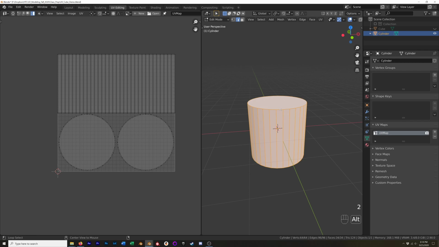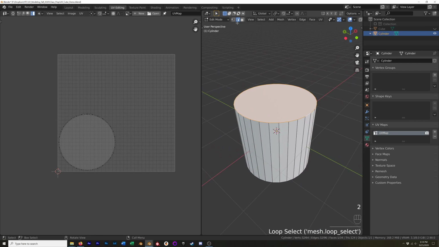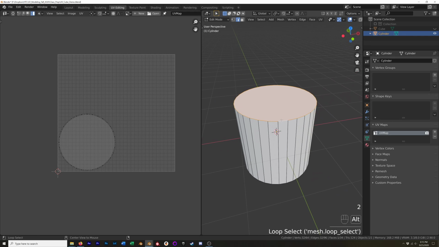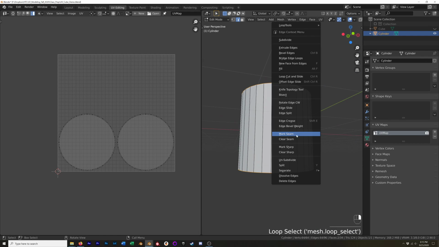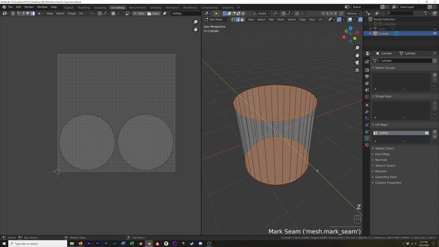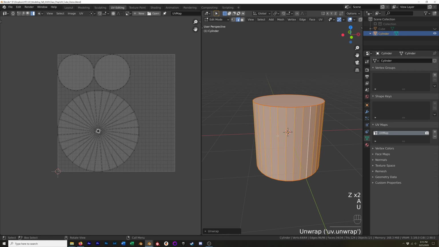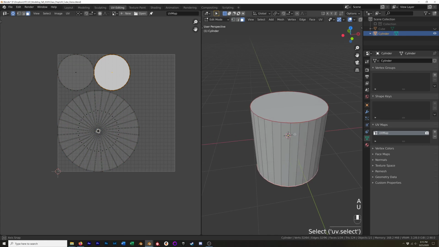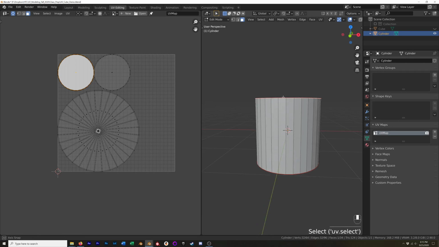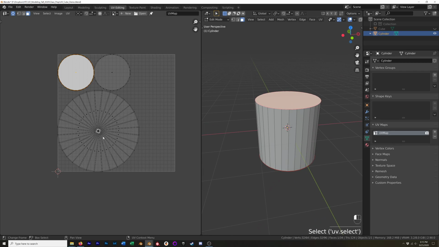All right, so we want this to lay flat, so I'm going to go in edge mode. I'm going to Alt click on this edge, Shift Alt click on the bottom edge, right click and mark the seam. Okay, so I've got seams at the top and the bottom. Now if we try to unwrap this, we've got those two islands. We can sync the selection so we can see that. It's the bottom face, here's the top face. But the body of this,